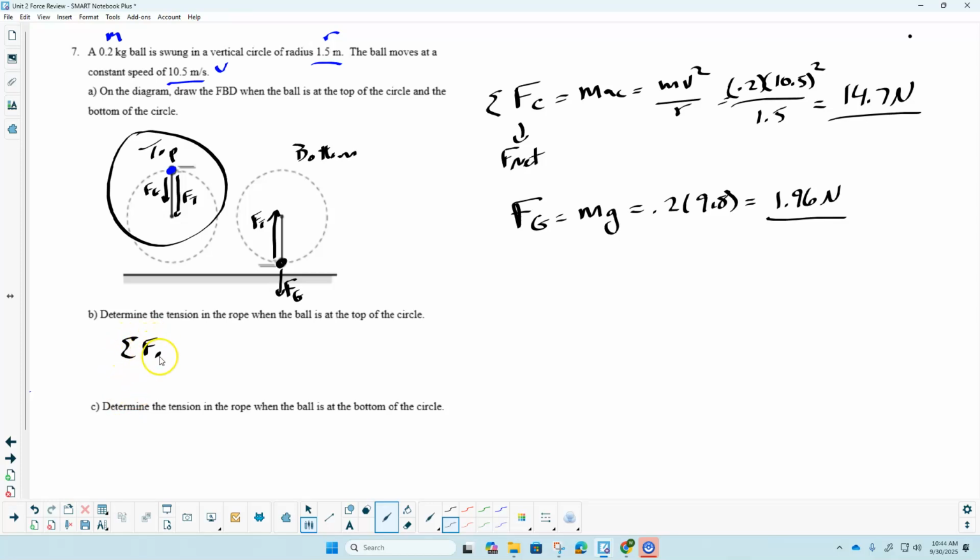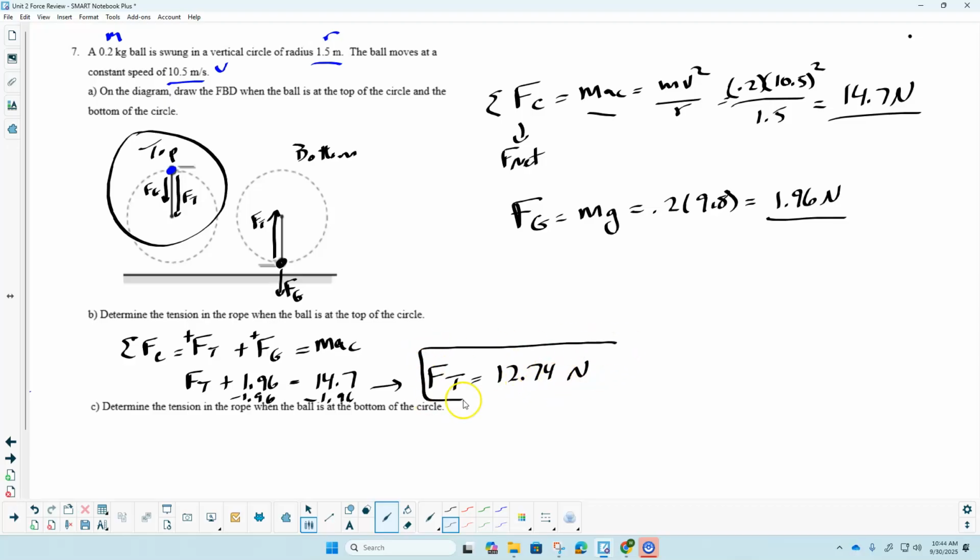So the sum of the forces, which are centripetal, would be the tension plus the gravity. They are both pointing towards the center of the circle, so they are both positive values. We can set that equal to the MAC idea, and we just did that here. So if I plug in these numbers, I got the tension plus 1.96 equals 14.7. In order to get tension by itself, I'm going to subtract 1.96 from both sides. So if I do that, I get the tension is equal to 12.74